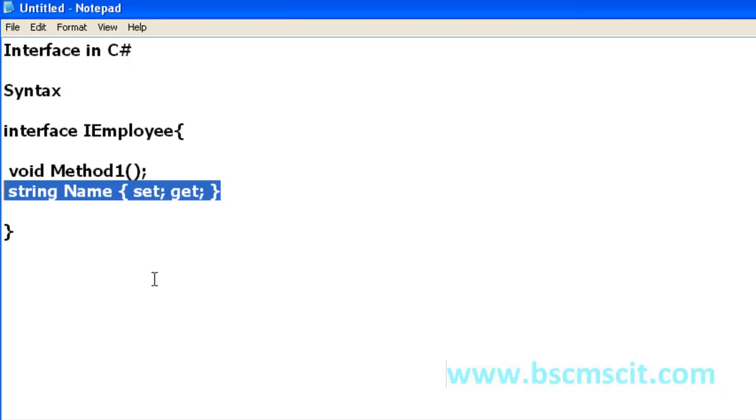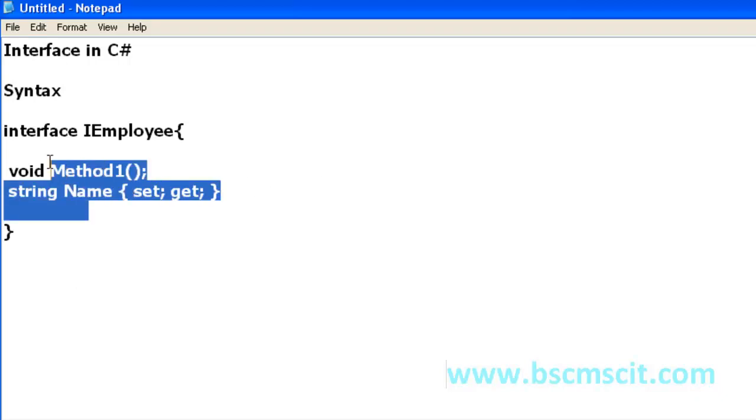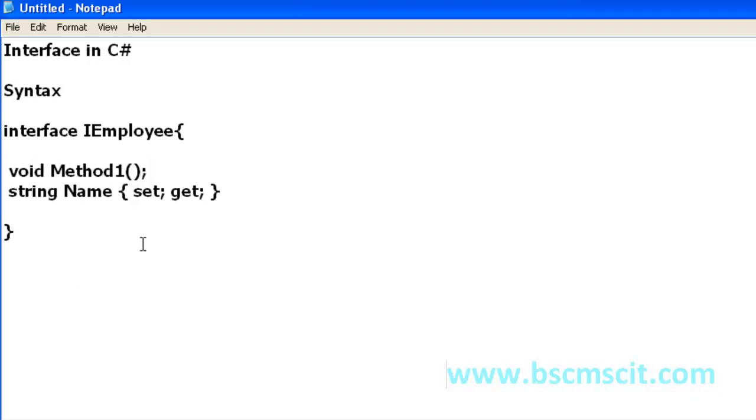Now who is going to provide an implementation of both these signatures? We have defined the signatures of a method and a property, so who is going to implement them?